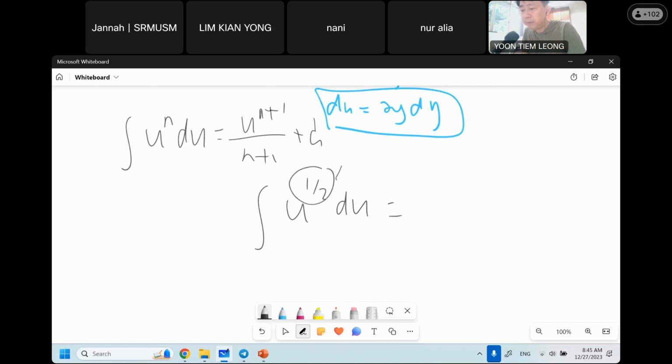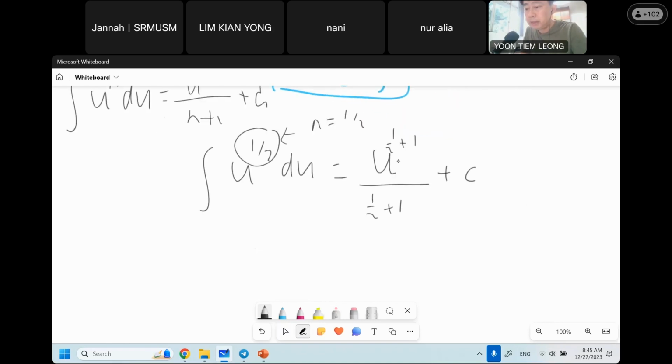In this case, obviously, n is equal to half. Therefore, the integration here would be u raised to the power of half plus 1 over half plus 1 plus c, and then it should be equal to u to the power 3 over 2 over 3 over 2 plus a constant,